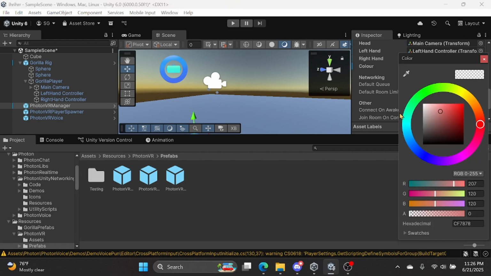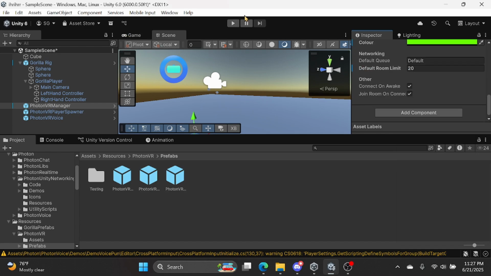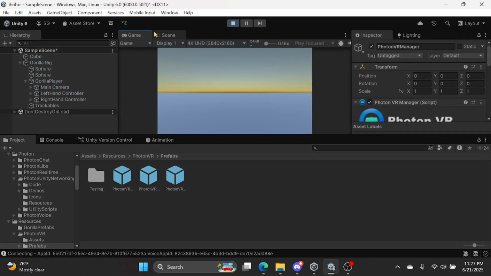You can change this to whatever color you want. This is just to test if it works. I'm going to change it to green. Then set this to 20. Just press play. Then once you're in,